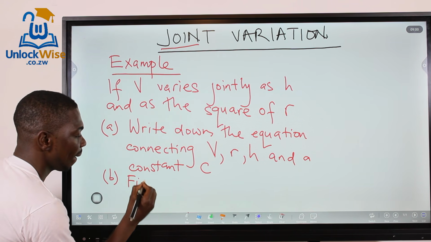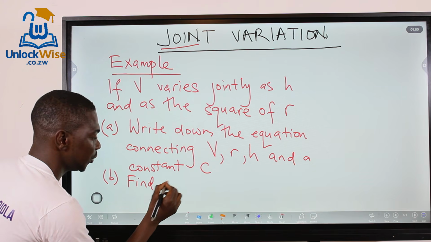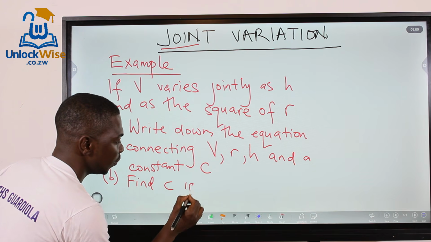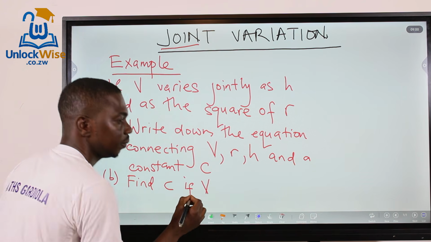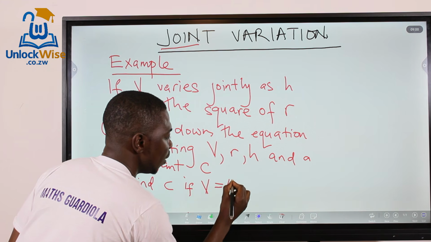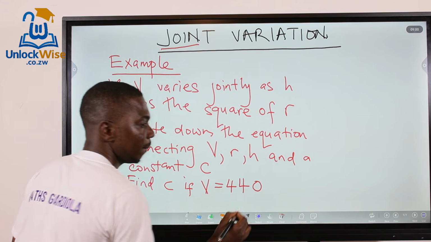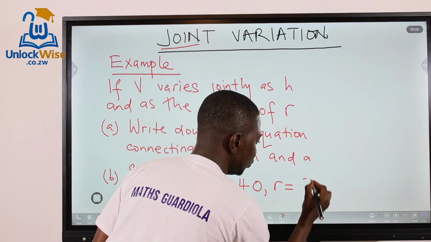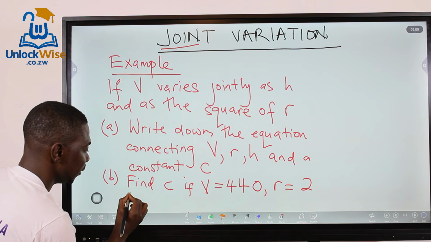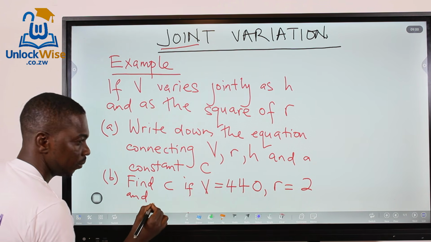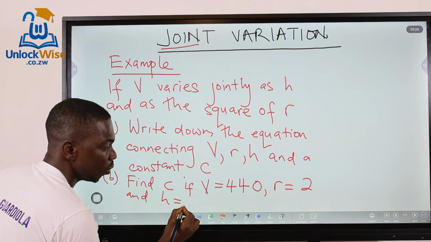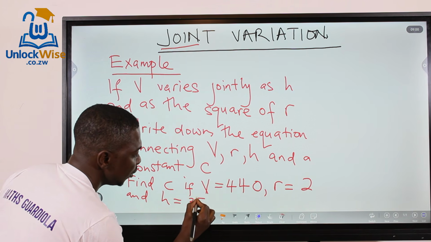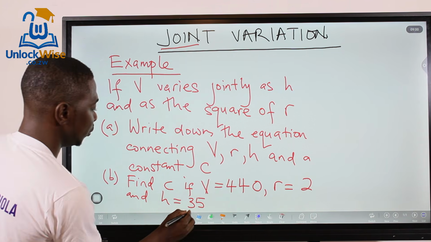find C if V is equal to 440, R is equal to 2, and H is equal to 35. Right. So